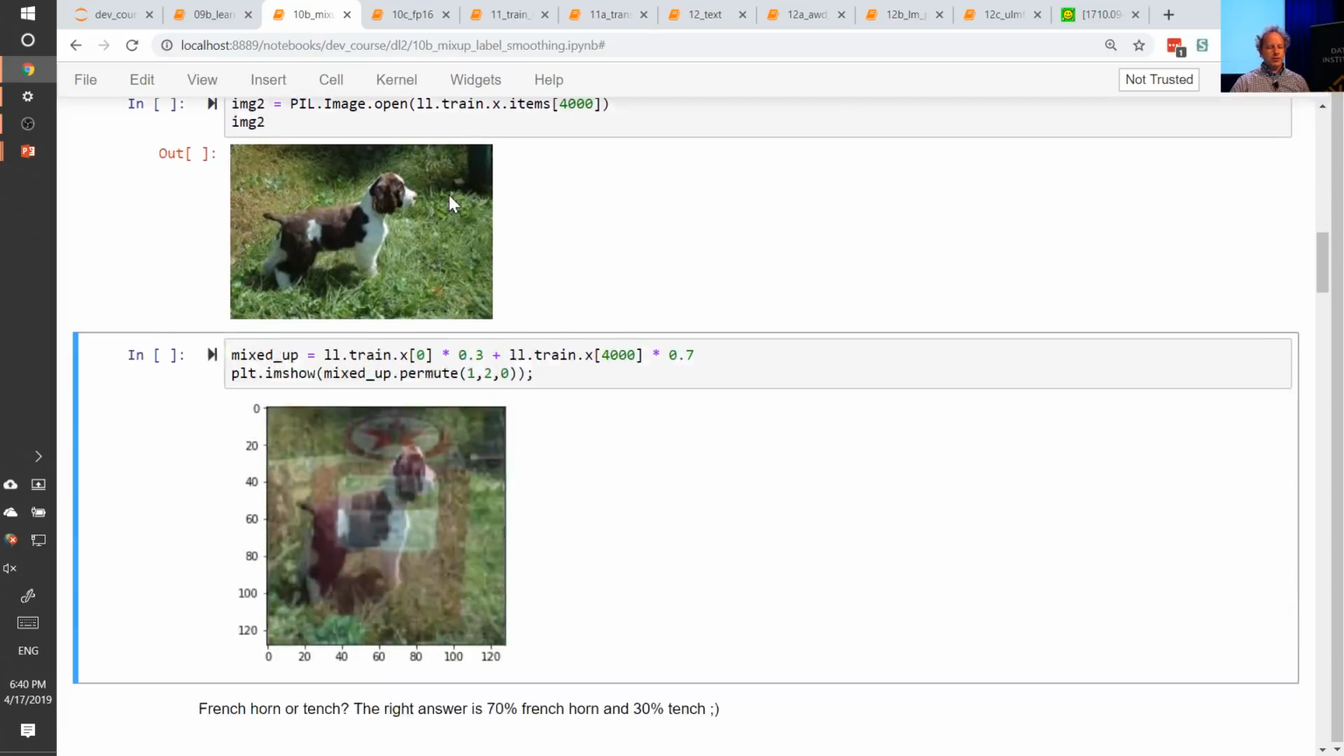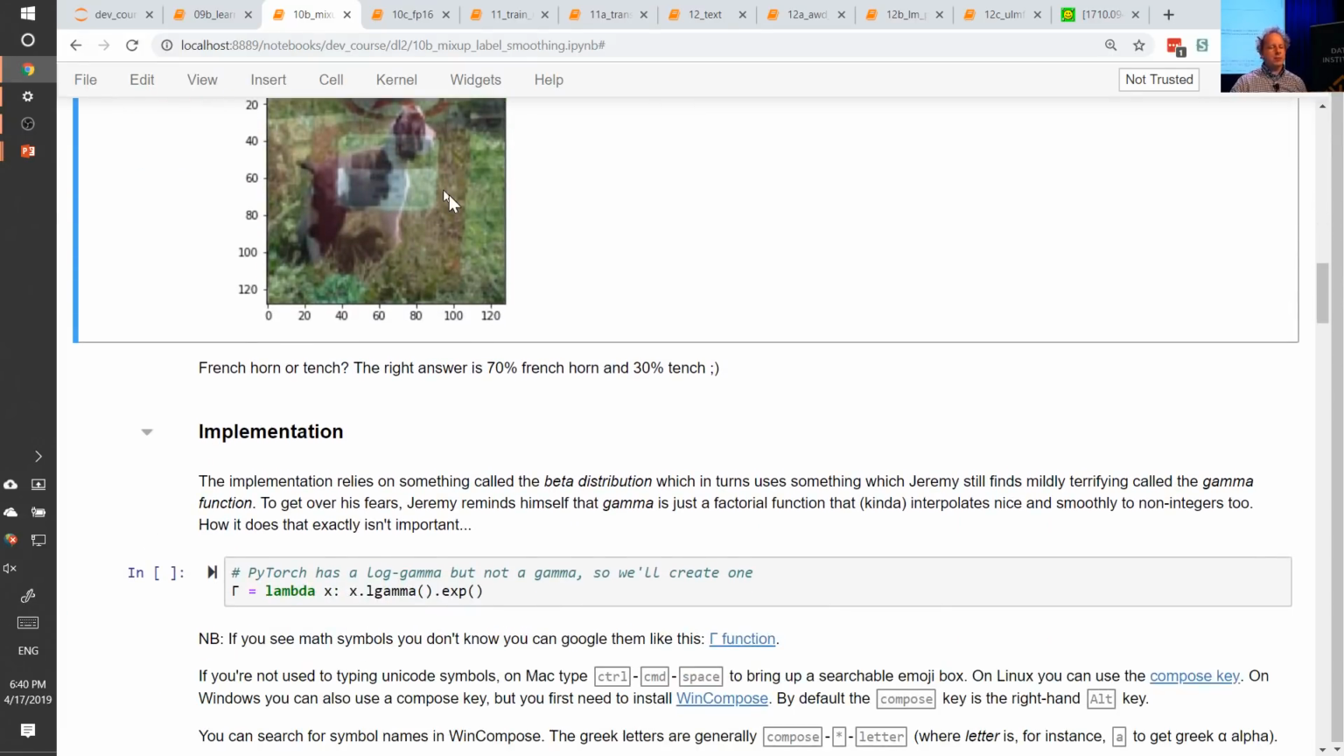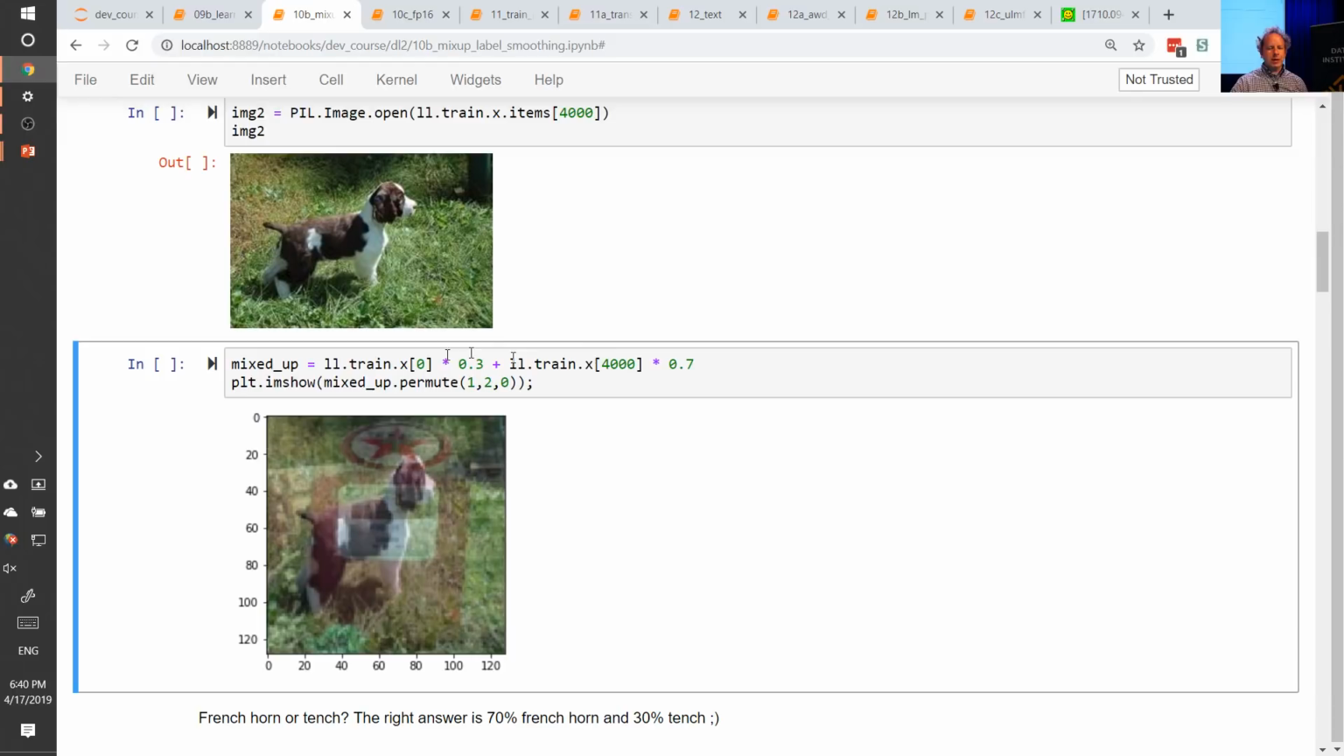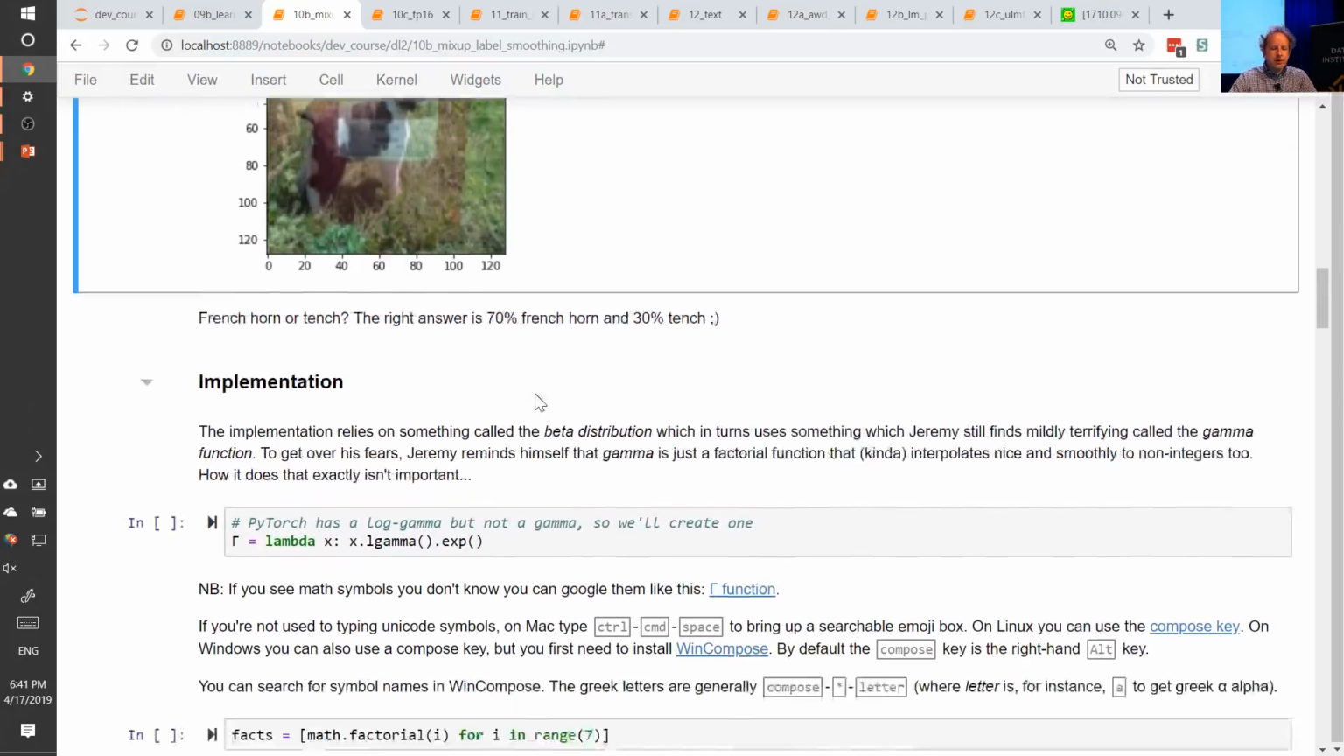So I've told you what we're going to do. Implementation-wise, we have to decide what number to use here. Is it 0.3 or 0.1 or 0.5 or what? And this is the data augmentation method, so the answer is we'll randomize it. But we're not going to randomize it from 0 to 1 uniform or 0 to 0.5 uniform, but instead we're going to randomize it using